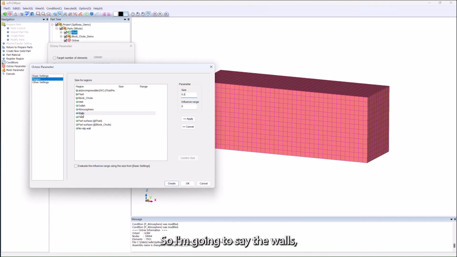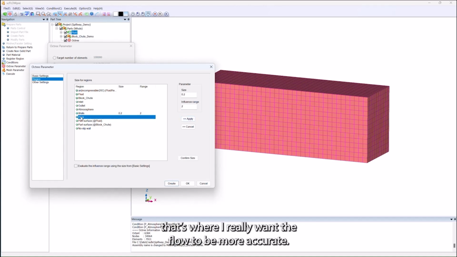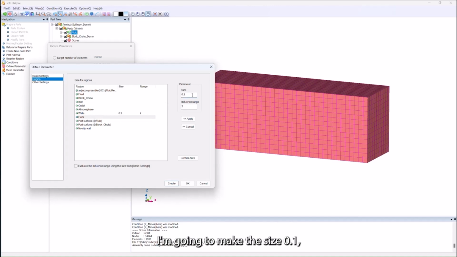So I'm going to say the walls must have a mesh of 0.2 with an influence range of 2. So that means 2 elements from the wall into the domain will have this size applied. But the floor, which contains all my blocks, that's where I really want the flow to be more accurate. I'm going to make the size 0.1, and I want the influence range to even be 3 elements there, and